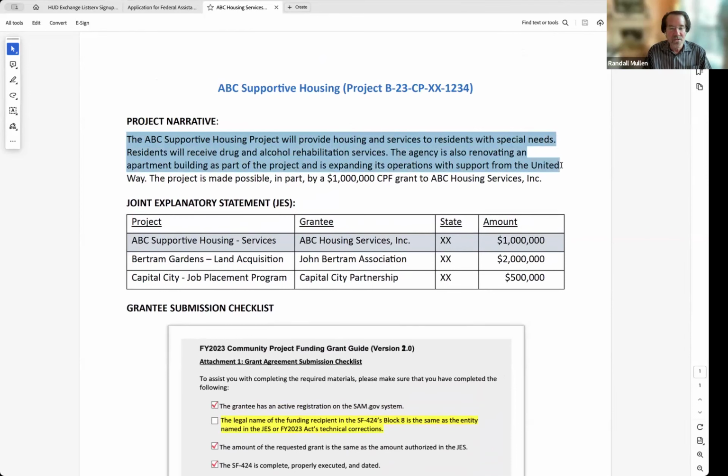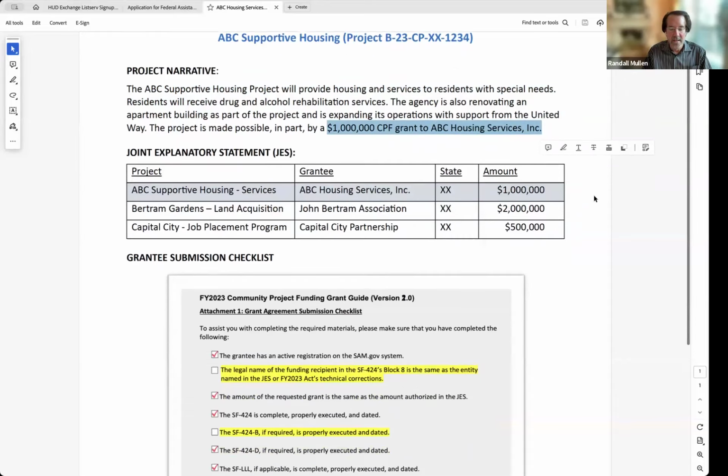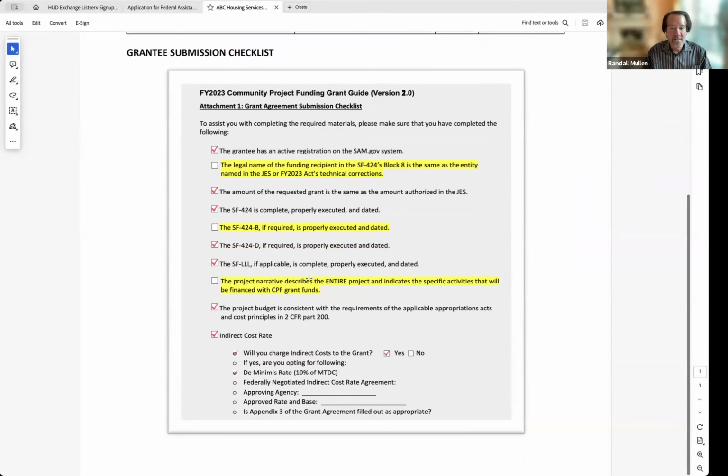The agency is also renovating an apartment building as part of the project and is expanding its operation with support from the United Way. The project is made possible in part by that $1 million CPF grant to ABC Housing Services. Does this project narrative describe the entire project and indicate the specific use of that $1 million?